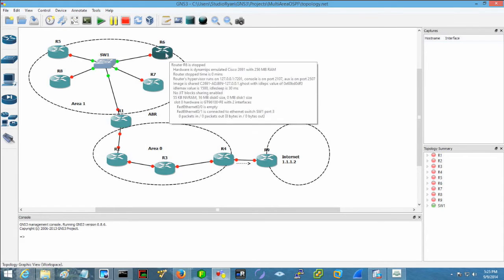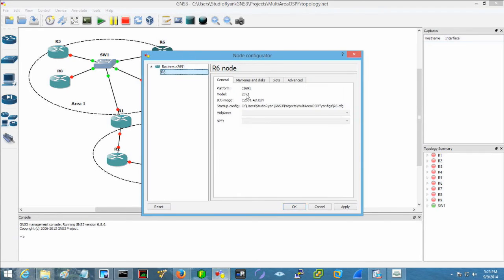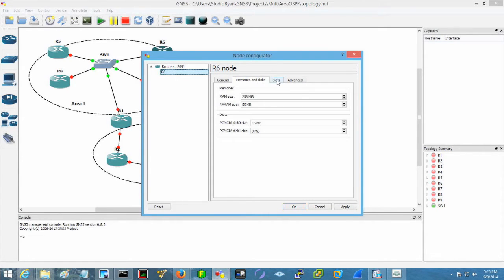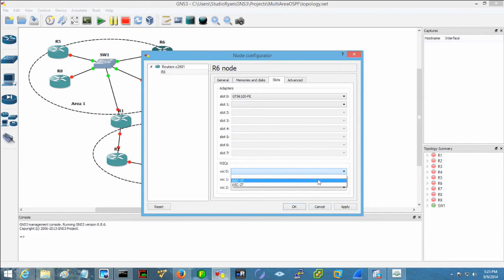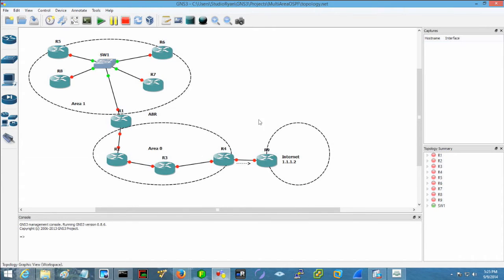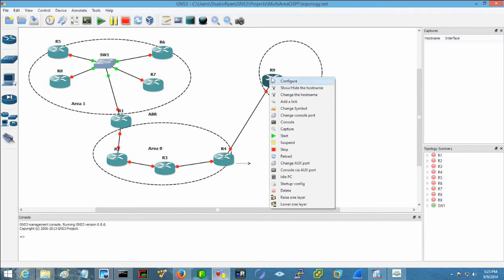What I could do is edit my router here, and I could give it a serial interface. Let's see. Oh, down here under WICs. I can go WIC1T on R6 and hit OK. And then maybe I can drag this up here. And we'll add a WIC over here too.